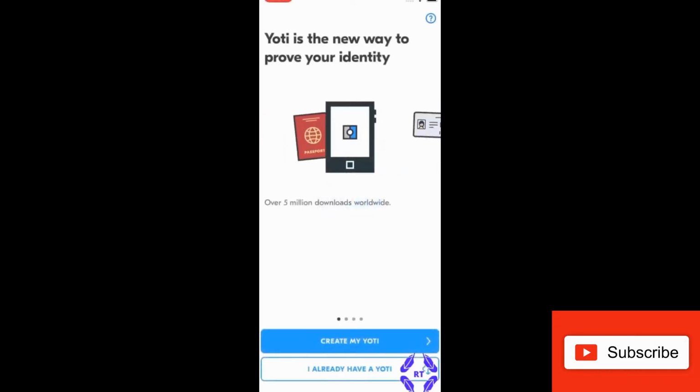Once you install, open the app. First step is to create an account in Yoti.